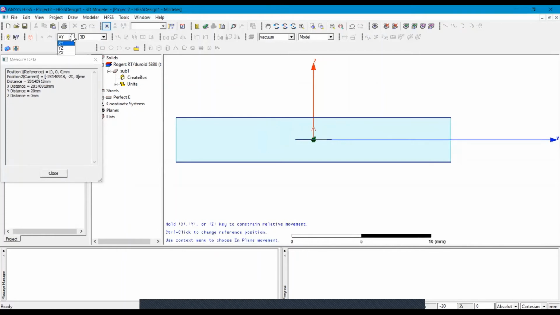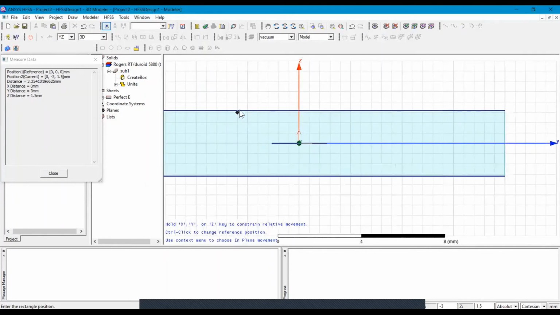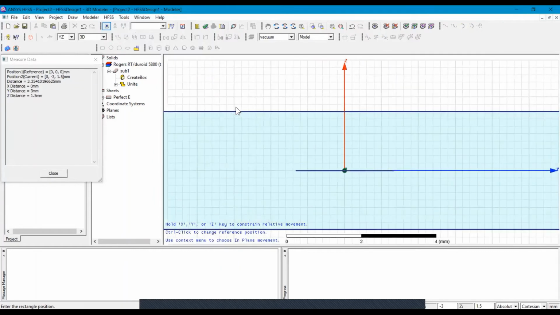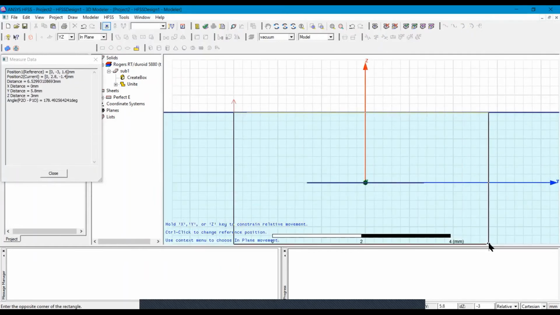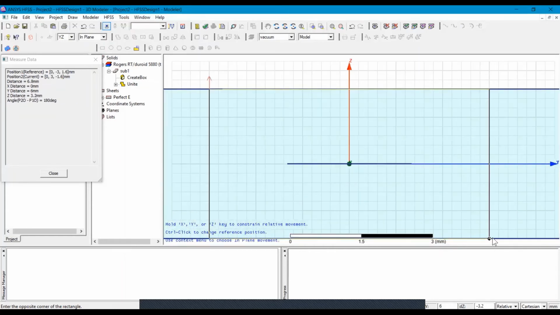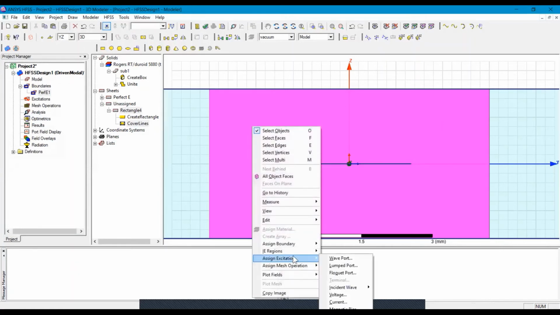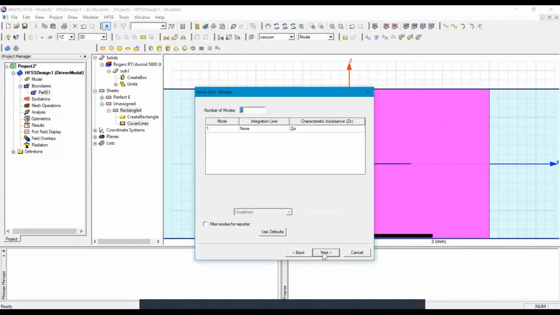I will choose the YZ plane, and in this YZ plane I draw this rectangle, and now I am assigning excitation waveport port 1. I require 3 modes,